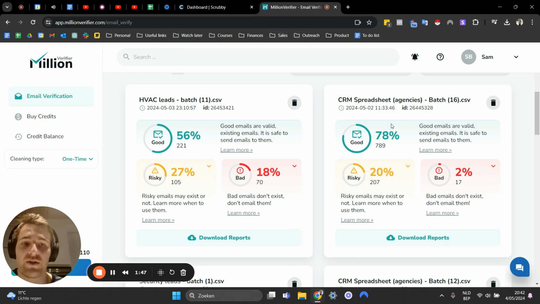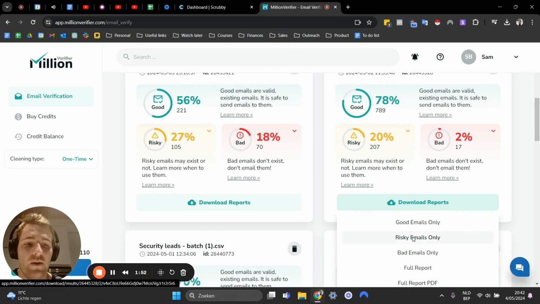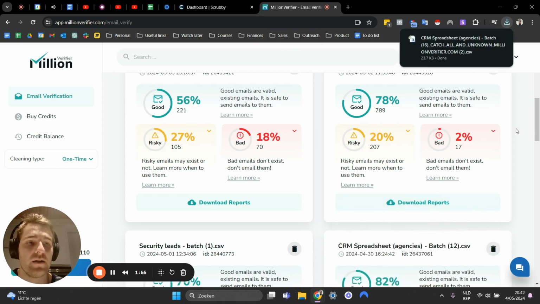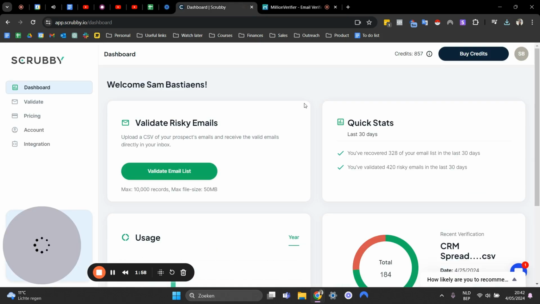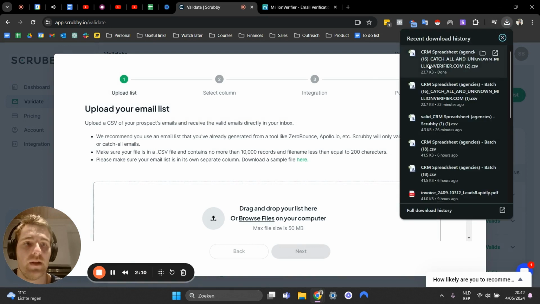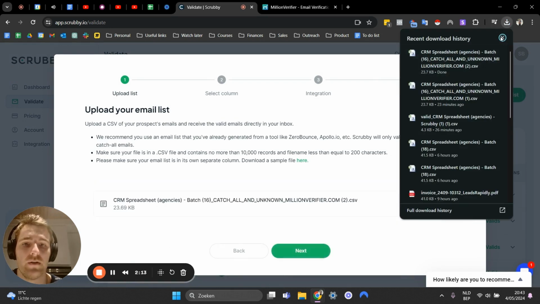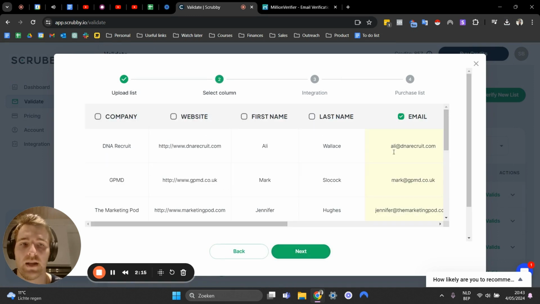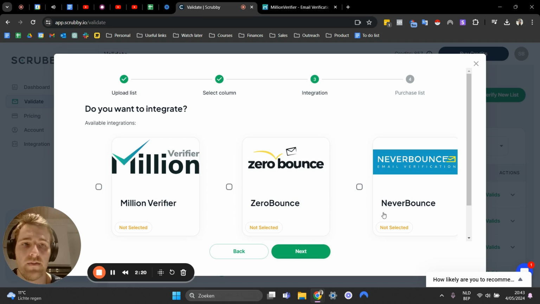Yeah, so that's where Scrubby comes in. We're just going to download the risky-only emails, so these are risky and catch-all emails, and we're going to validate them on Scrubby. It's super, super simple. To verify your list, just put your CSV in, select the column with the emails, and then choose the integration. But I'm not going to do this right now